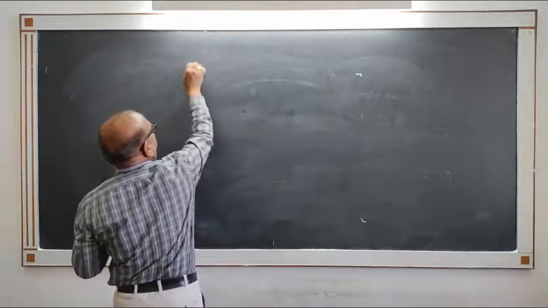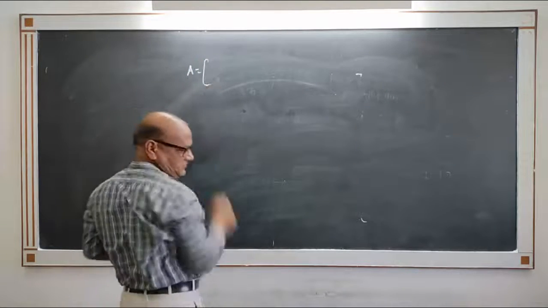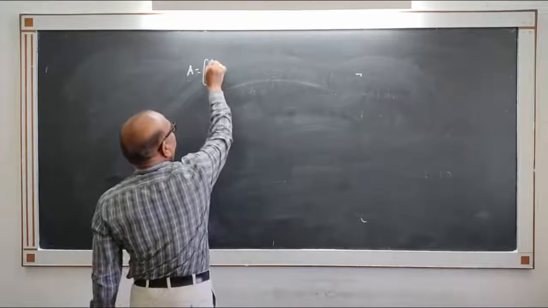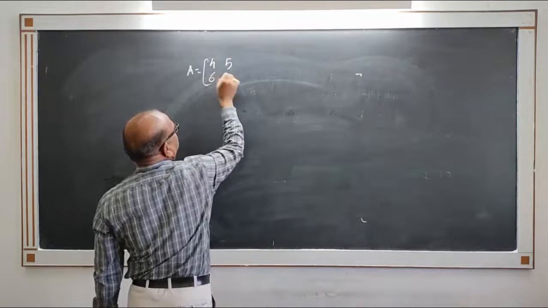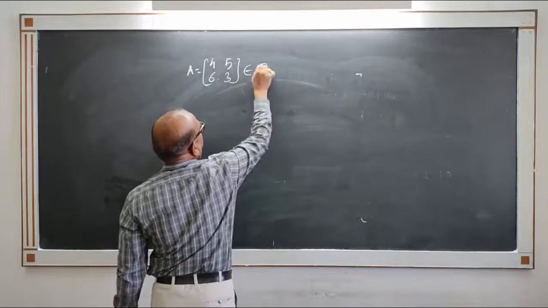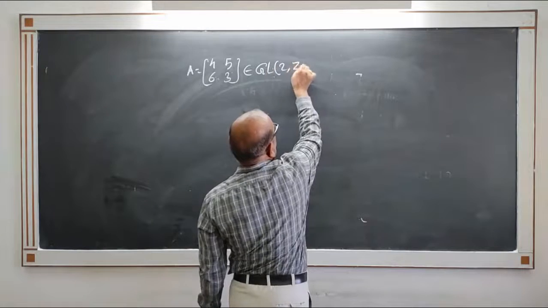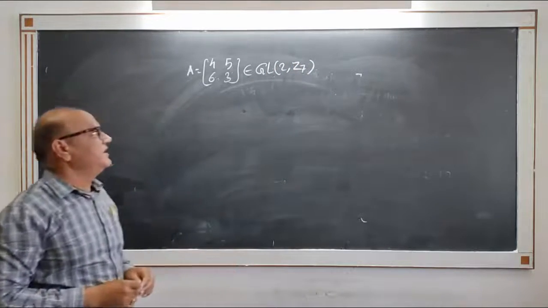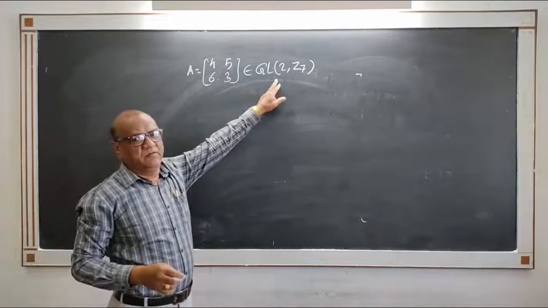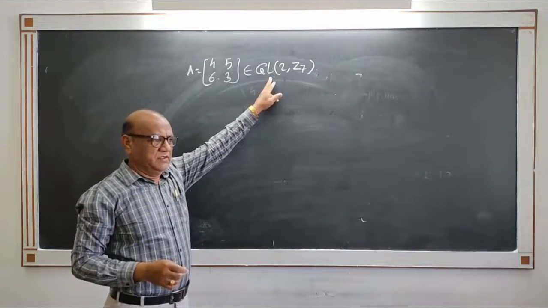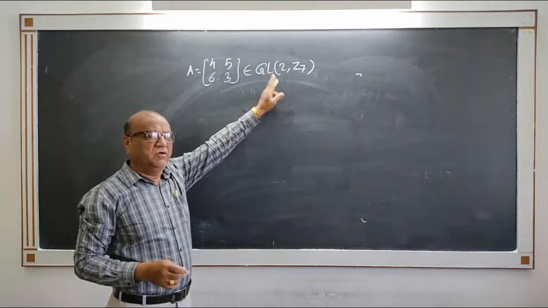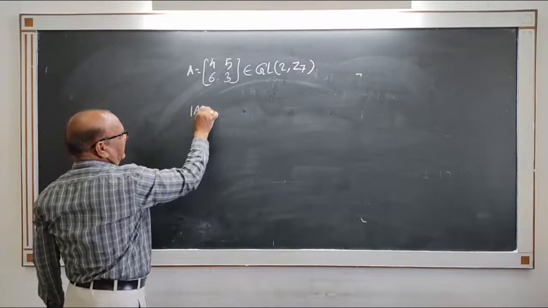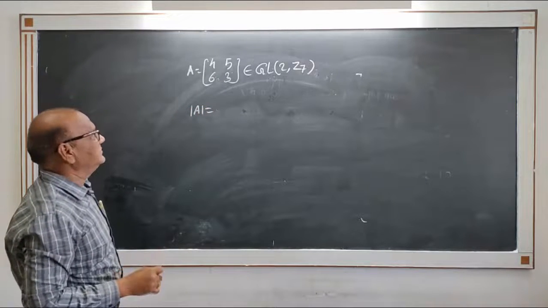Here A is equal to [[4, 5], [6, 3]], which belongs to GL(2, Z7). This is the general linear group, which means that in this group the determinant is only non-zero, not equal to 1, just non-zero. Here the determinant of A is equal to